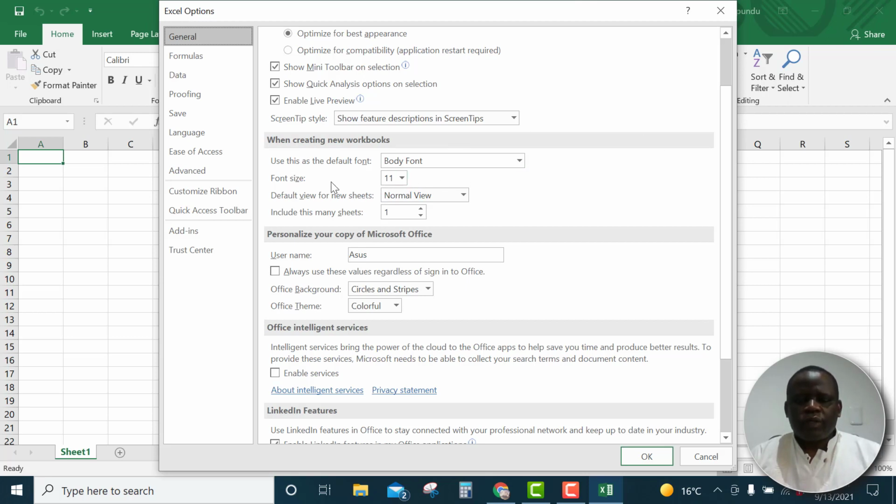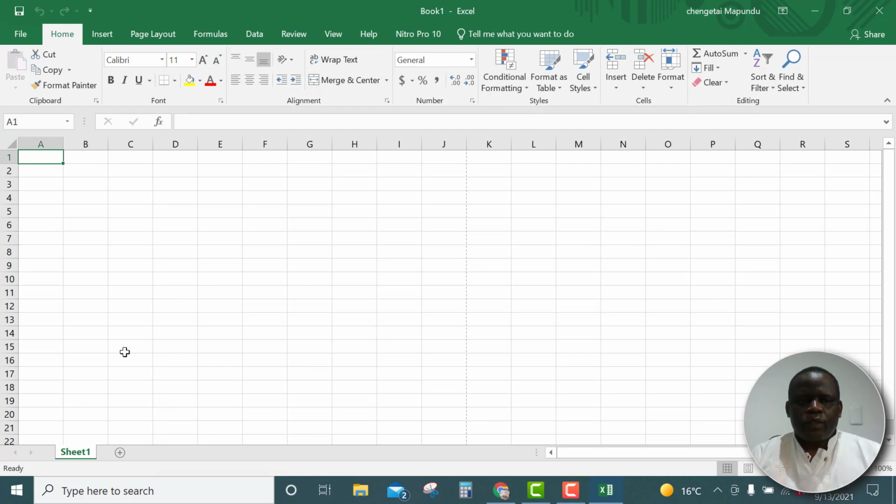When you open workbooks, how many sheets do you want to have in your workbook? In this case, there is one sheet. If I want 3 sheets, I can put this to 3, and then I'll have 3 sheets as I open my workbook. There are many other things there that you can look at. We are going to look at them one by one. So that's it. This is how you can customize your Excel, or things that you can see in the